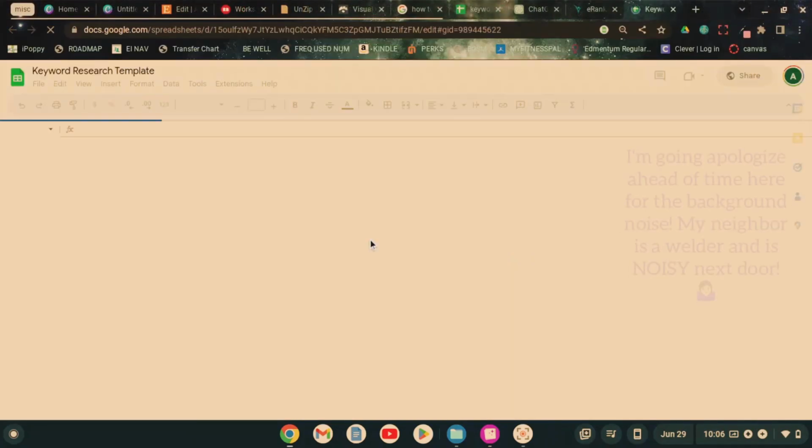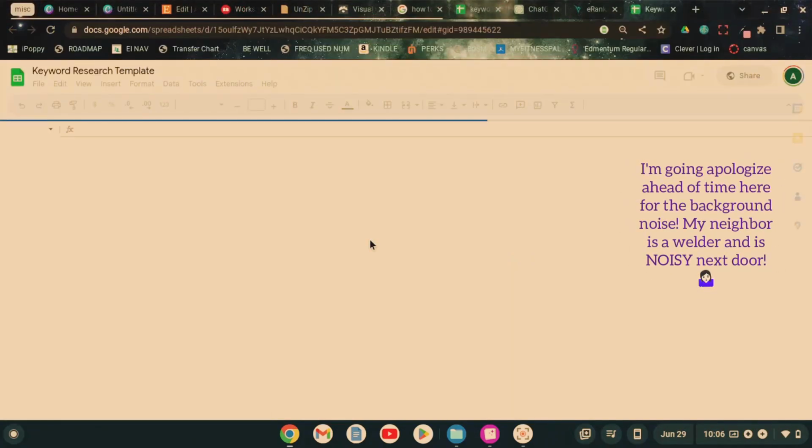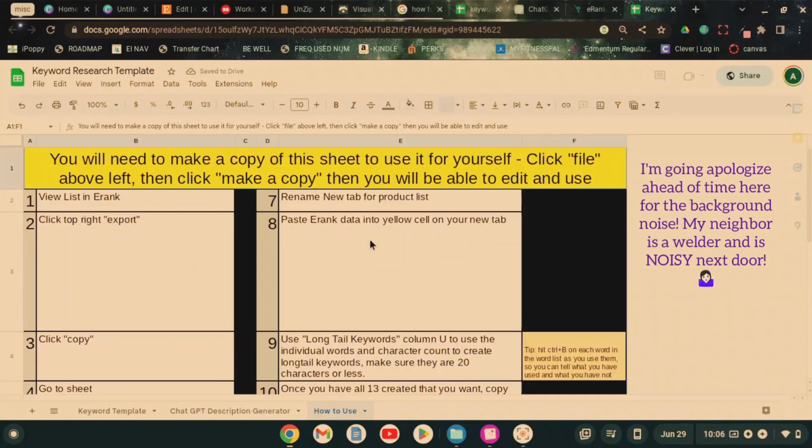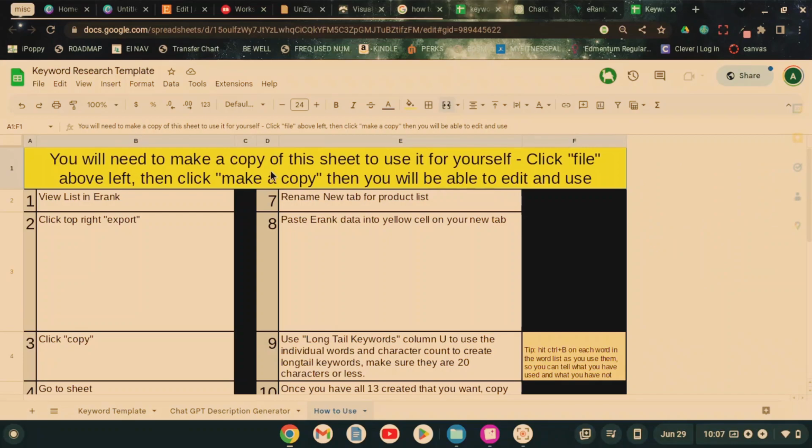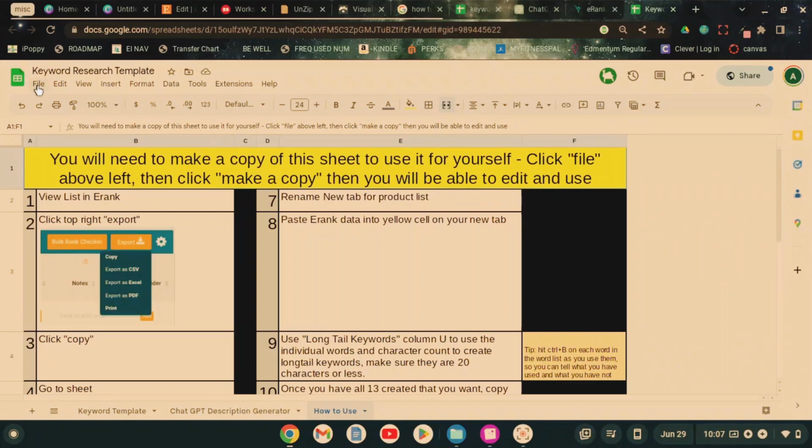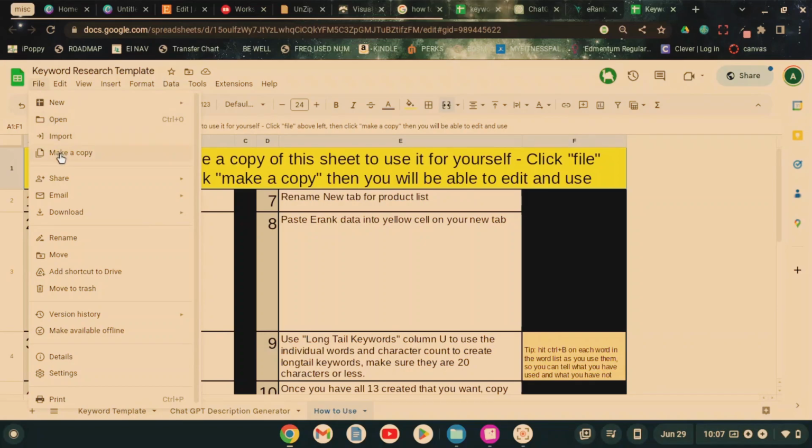It's going to open up the template, and you're going to end up on this page. So we're going to follow this big yellow block up here that says you will need to make a copy of this sheet to edit it yourself. So we're going to hit File, Make a Copy,